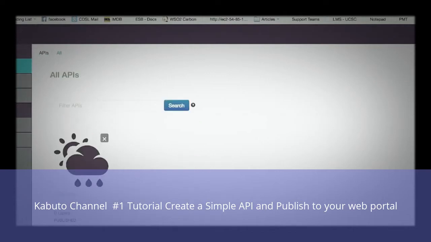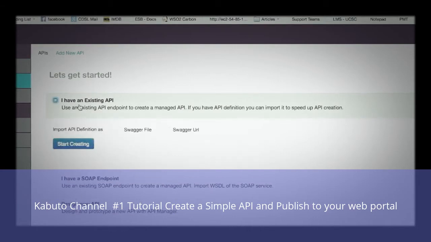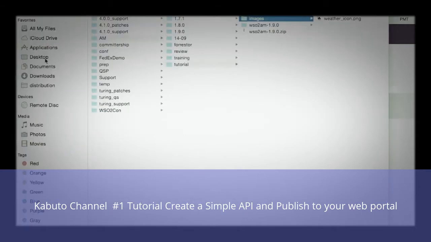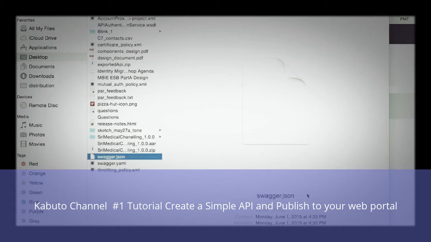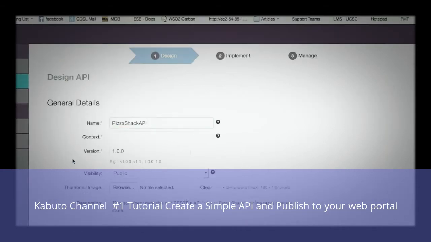There is also another way of creating your API, where you have an existing Swagger definition available. So in this case, I have a sample Swagger definition available for you, and I will demonstrate how you can create your API using that. I will select the file that contains my Swagger definition, and I will click on Start Creating.